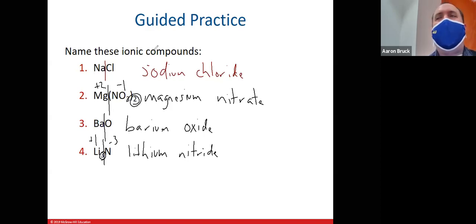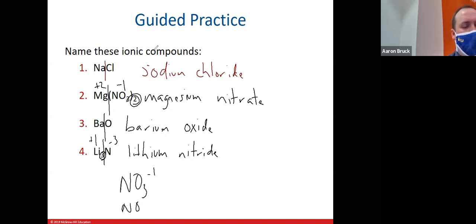All right, any questions here? Adrian. How did you get nitrate again on number 2? So nitrate, that's a recognition thing. I have to recognize that that cluster of atoms, NO3, represents a polyatomic ion, the nitrate ion. So polyatomic ions is just recognition of clusters of atoms together. They always follow the same pattern. So for example, nitrate ion, NO3 minus 1,